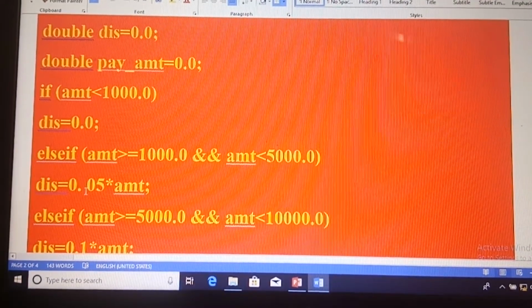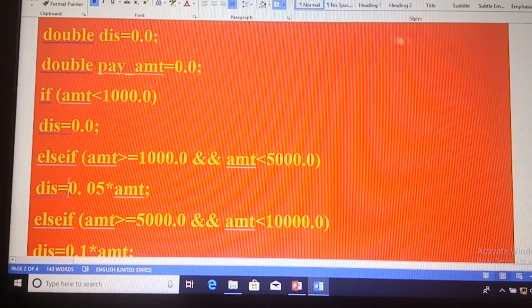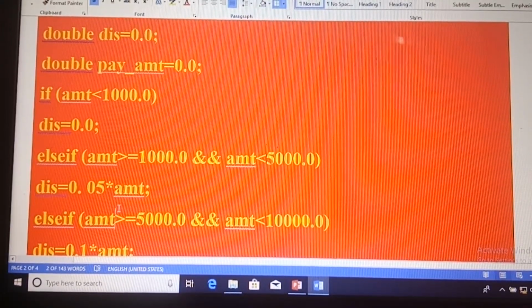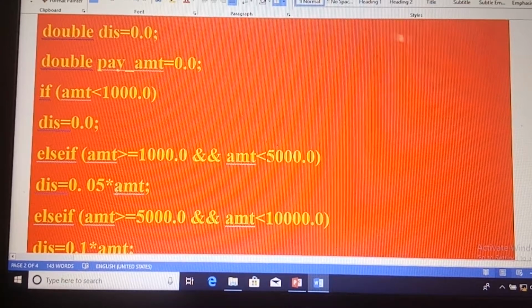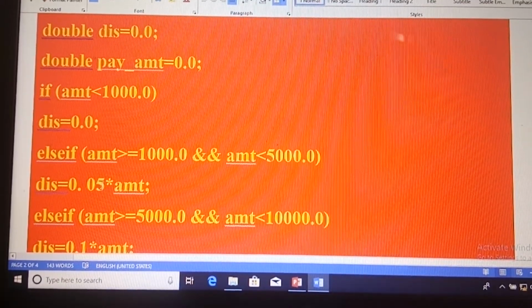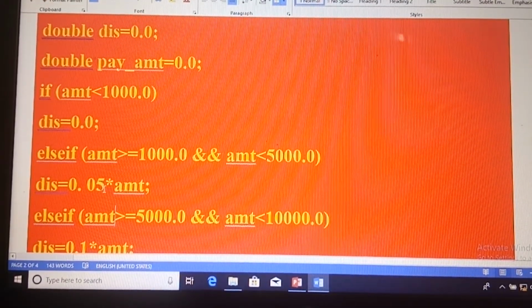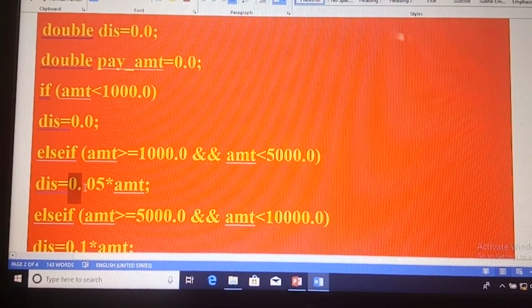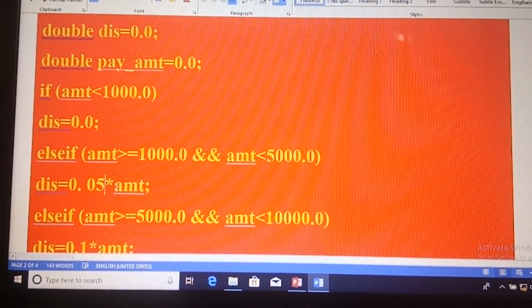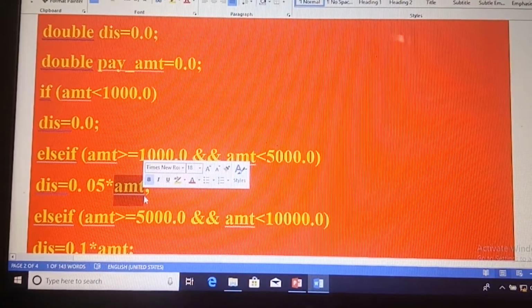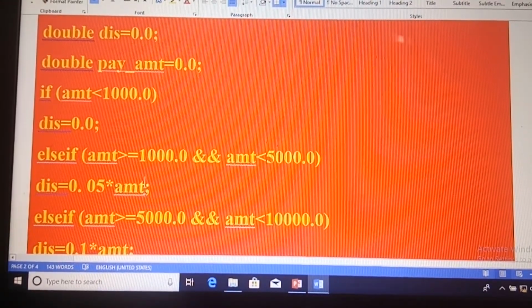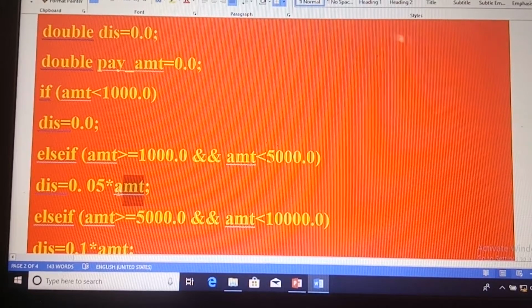DIS equals 0.05 star AMT. That means 0.05 is 5 by 100, which is equal to 5%. So that is represented as 0.05 star AMT. What is AMT? AMT is the variable where the amount of purchase is stored.